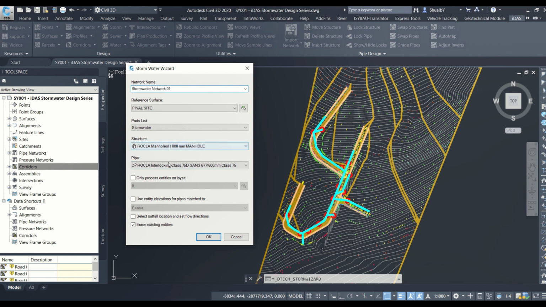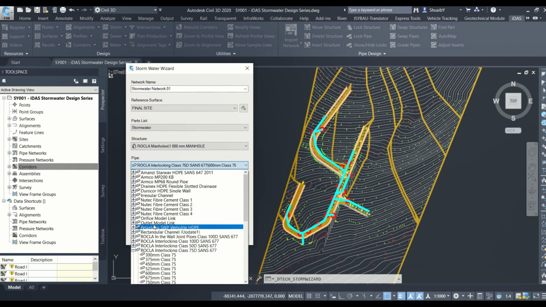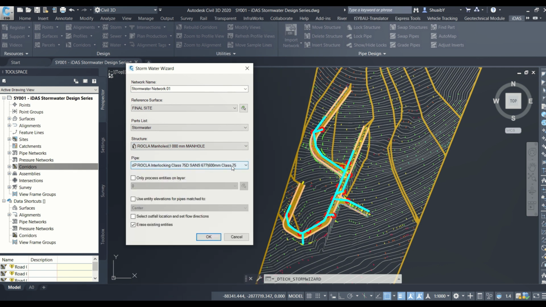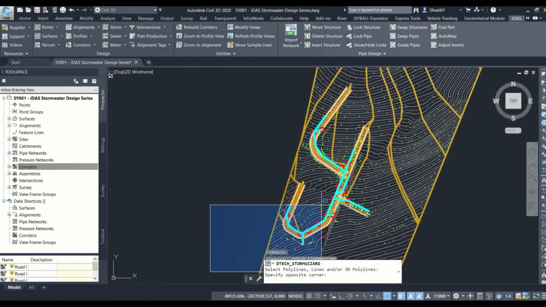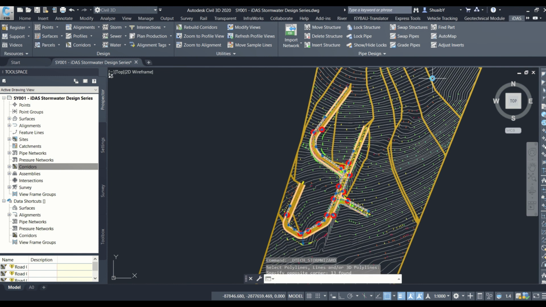You can see I've got my site. I've selected my manholes here. You can select from a long list, whatever you'd like. I think 600 pipe for now would be fine. I want to only process the layers in this. You can see layer is important for functionality. I'm going to select this so it filters it out. Hit enter and give it a few seconds, and you should see now that the pipe network has been generated